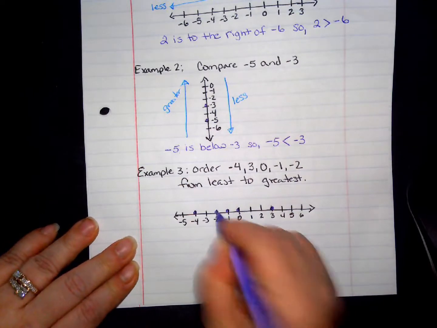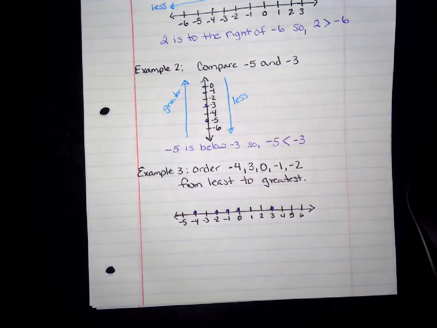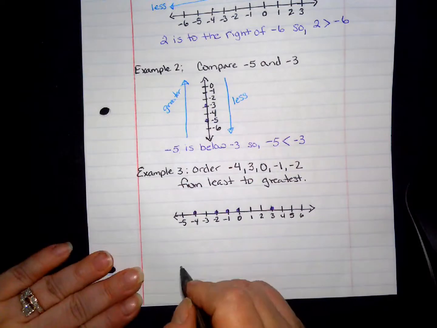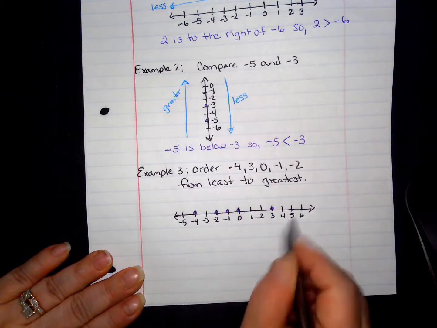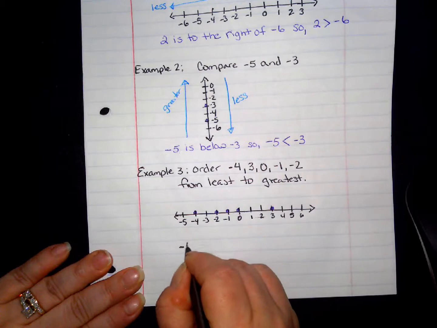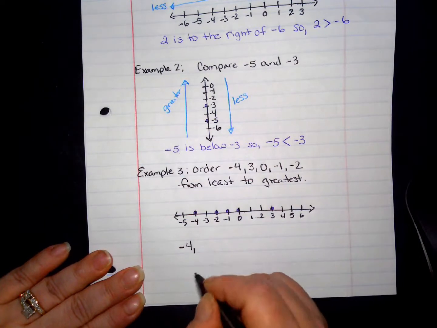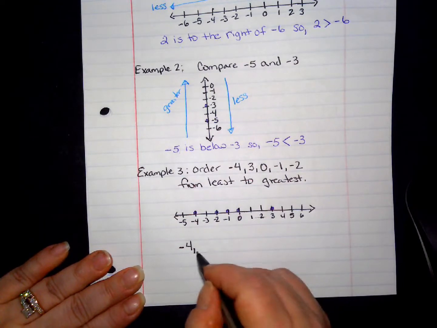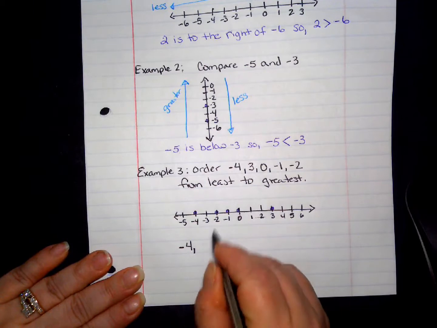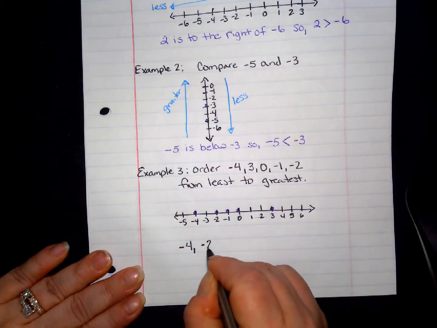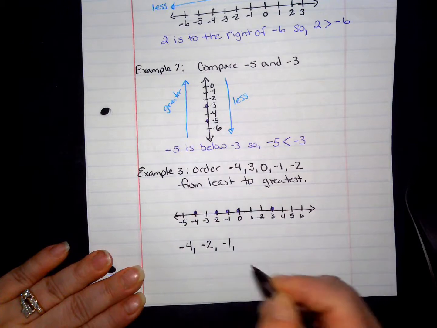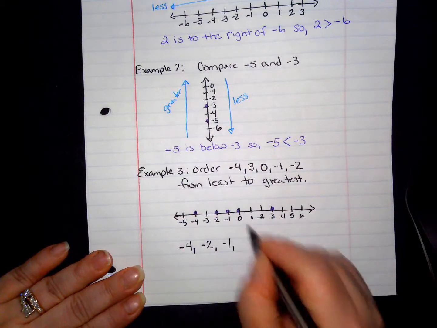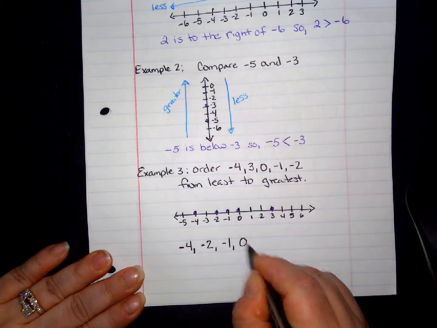There we go. All right, now in order to order them, all I'm going to do is write them in list form from left to right because that's from least to greatest. So left to right: -4, comma. If you were typing this, you would write -4, comma, space. -2 is my next one. Comma, space. -1 is my next one. Comma, space, 0, comma, space,